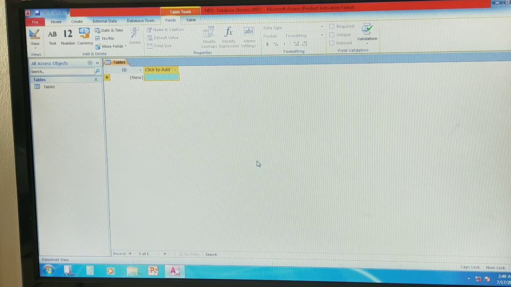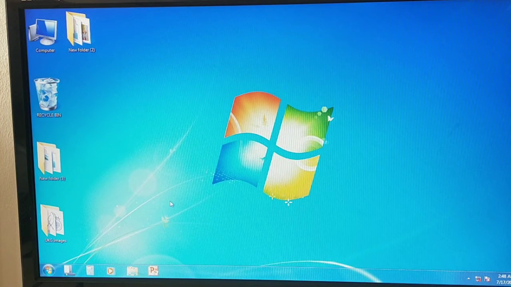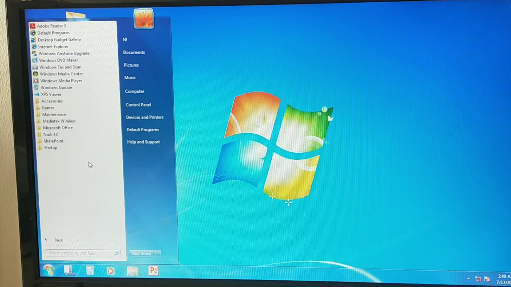Once again I will show you how to open it. I will close this one. To open MS Access, the first step is to click on the start button, at the left side of the bottom of the task bar. Click there, then click on All Programs and go to Microsoft Office.